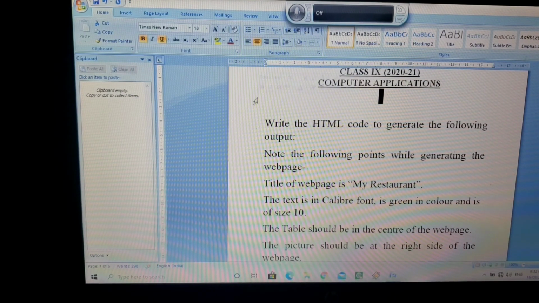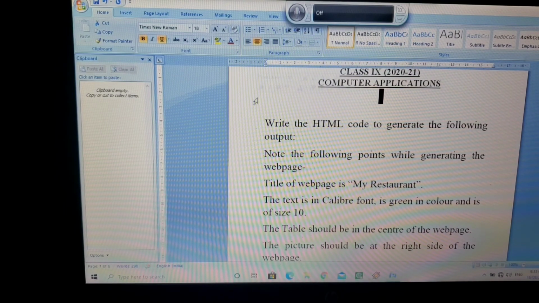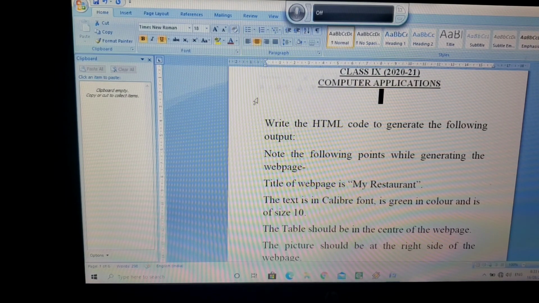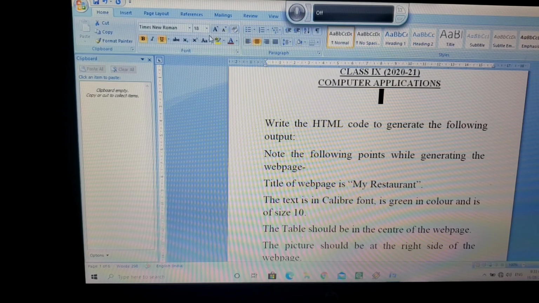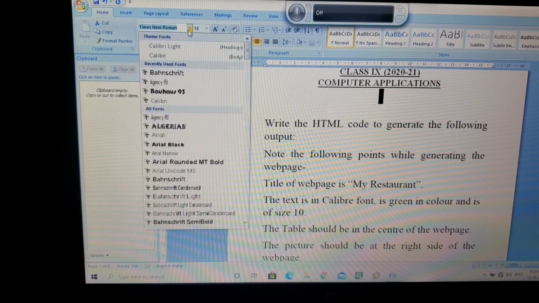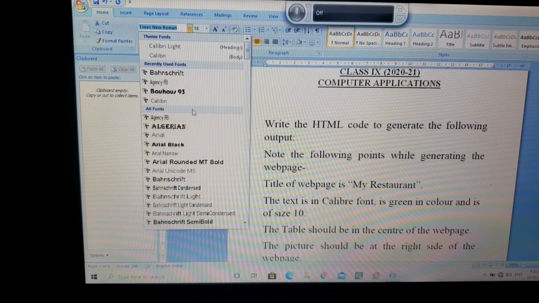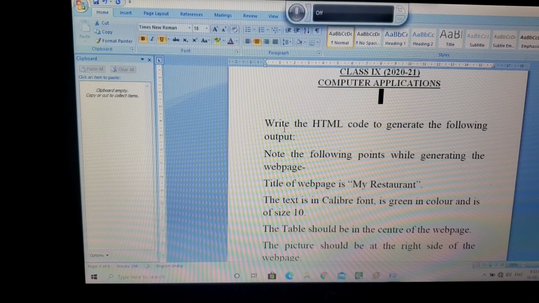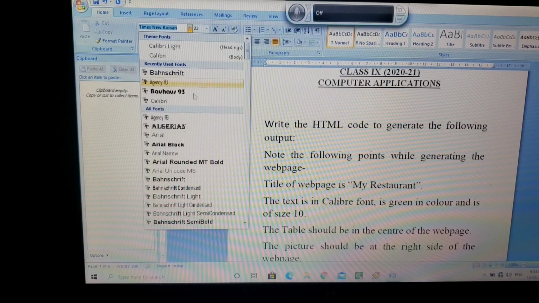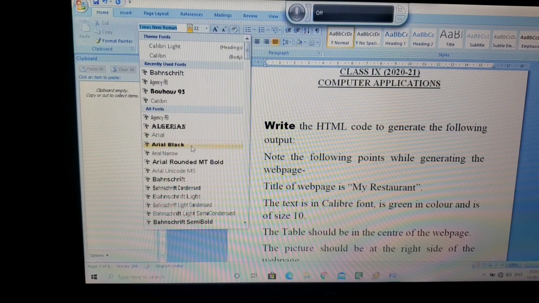Now I am going to apply different types of formatting on it. As I told you, the first type of formatting is character formatting. Character formatting you can use directly from the keyboard, or with the help of the Home tab. You can see here you have your Home tab, or with the keyboard there are many shortcut keys. First we are going to change the font. You can see here we have the font, and there are different kinds of fonts. Whatever font you want, you can select from here. Times New Roman is already selected. You want to change it to Arial Black.